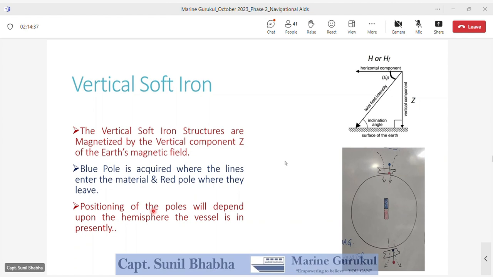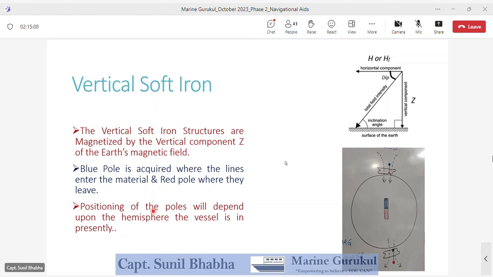पर नहीं बेटा, हॉरिजॉन्टल वाले में नहीं, अपन एक चीज तुमने बोला अर्थ की मैग्नेटिक फील्ड लाइन सेम ही रहेंगी, सेम नहीं रहेंगी बेटा, उनकी ओरिएंटेशन चेंज होगी। साउथ पोल से वो बाहर आएंगी, नॉर्थ पोल में वो अंदर जाएंगी, ओरिएंटेशन विल चेंज। हाँ हाँ, ये सर साउथ पोल से बाहर आएगी, नॉर्थ पोल में एंटर होगी। ये वर्टिकल वाले में समझ में आ गया कि ये पैरेलल हो जाता है, तो ऊपर वाला ब्लू पोल हो जाता है और नीचे वाला रेड हो जाता है, वर्टिकल मास या किसी भी वर्टिकल कंपोनेंट के लिए। राइट।